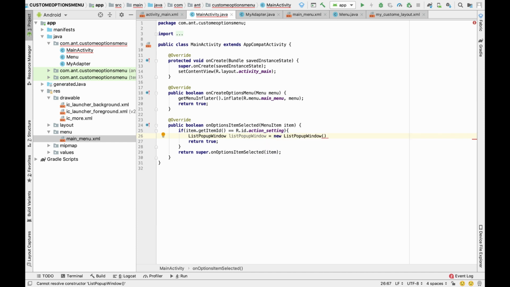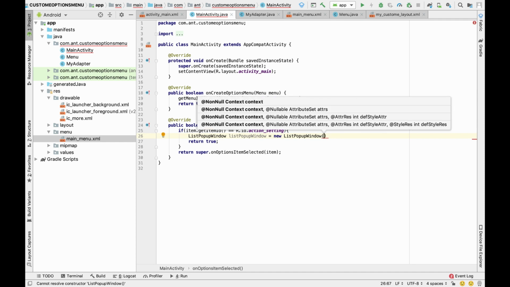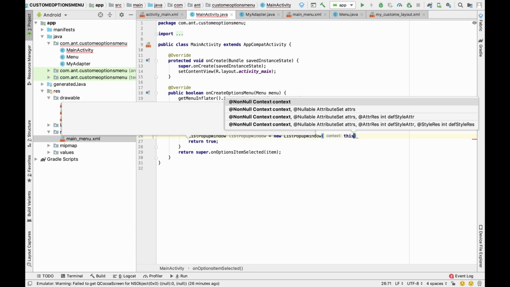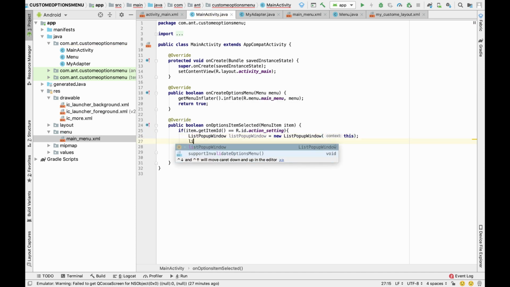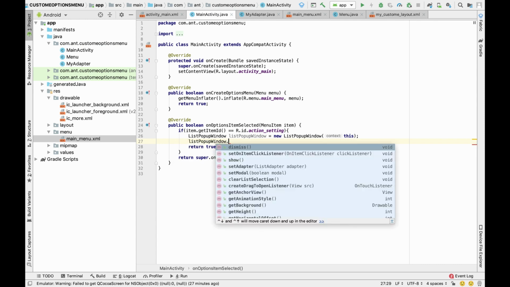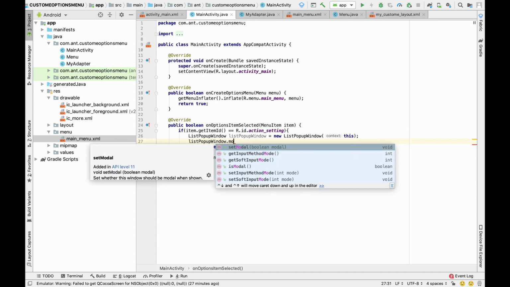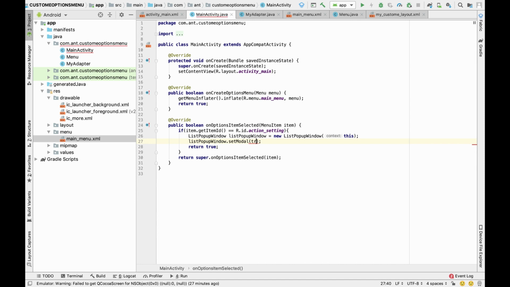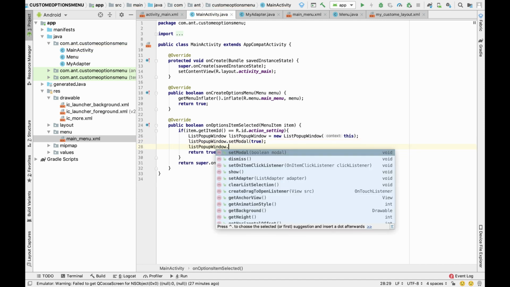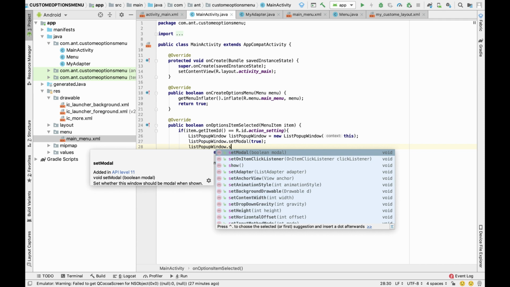With this constructor I need a context, so I put this. And I set the ListPopupWindow setModal true, and I set the ListPopupWindow